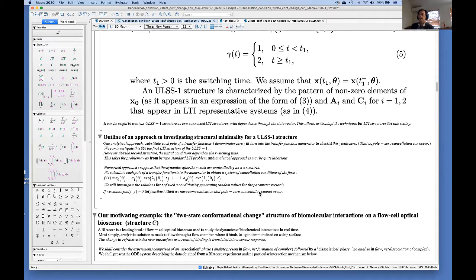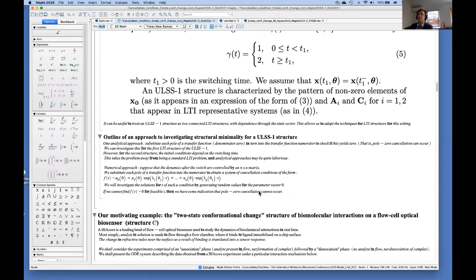Because we have that coupling of one system into another system, we don't have simple initial conditions for the second subsystem, because it depends on the switching time. The state has evolved in the first part of the structure, and that communicates the initial conditions to the second part. So the rational functions we would get by considering just the second subsystem in isolation have complex time-dependent initial conditions, which are a bit of a pain to analyze.